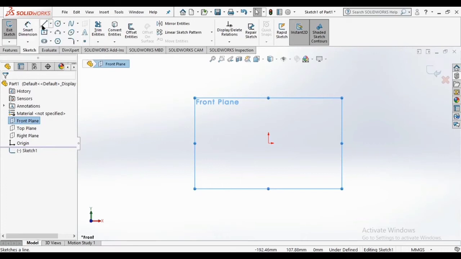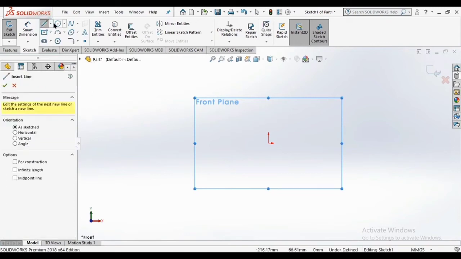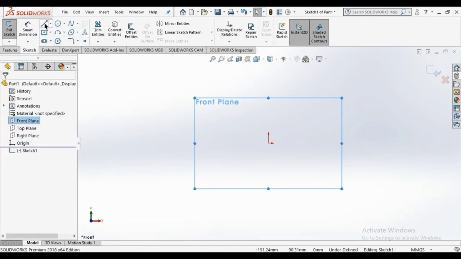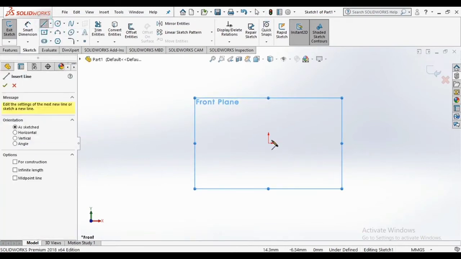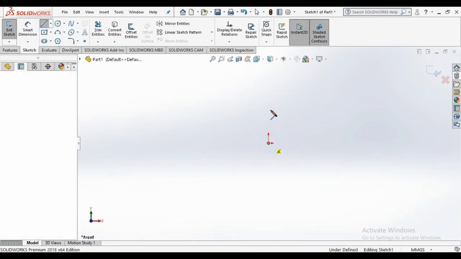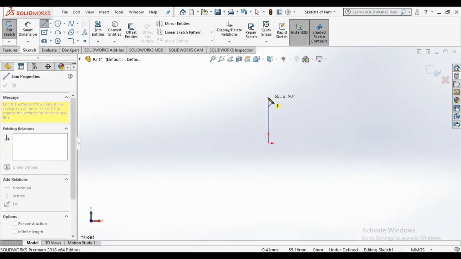So today we will make a sketch by using the line command. So click on line. There are many types of line: center line, midpoint line, and line. We will also use center line today, and I will also show you midpoint line. Okay, first of all we will choose line. So from origin we will, as you can see,